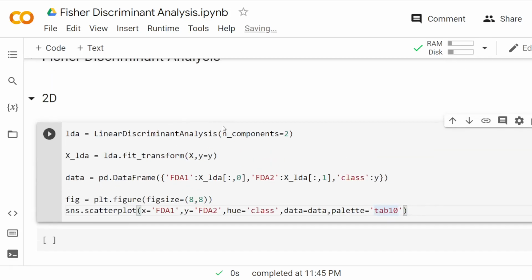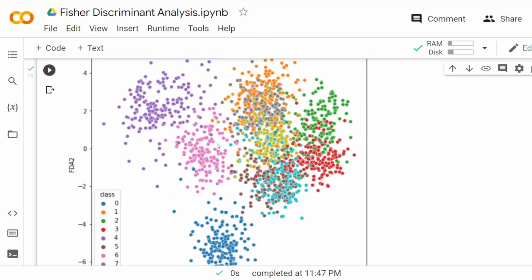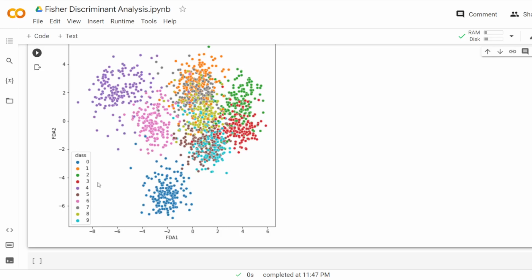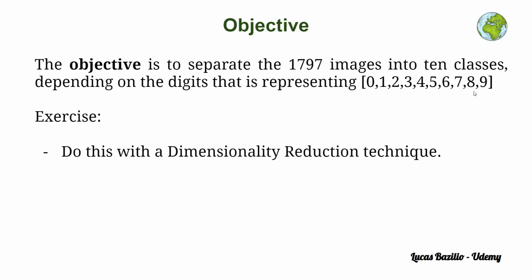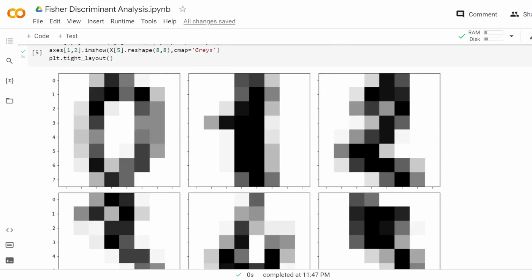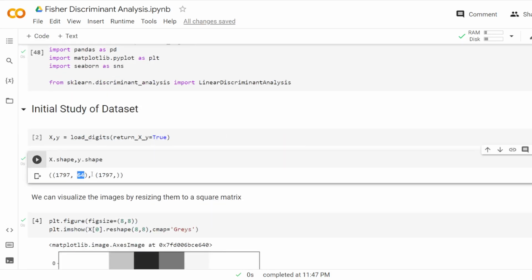Alright, with this we are ready to now plot this separation and this visualization of the separation between the classes on this two-dimensional space. So let's run this. Very well, as we can see, we can now easily see the separation between the classes. How many classes do we have? Well, we have a total of 10 classes, right, one for each different digit that we see here. So in essence, we have reduced our dimensional space from 64 dimensions to only 2 dimensions, now retaining the most